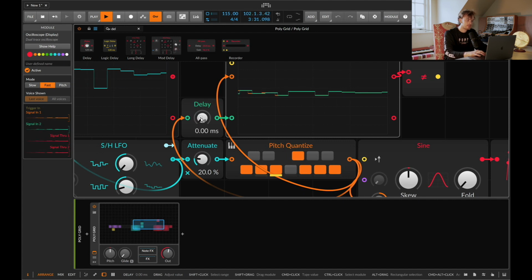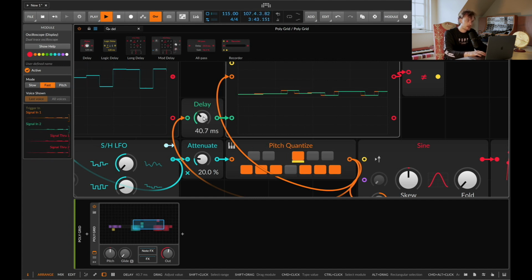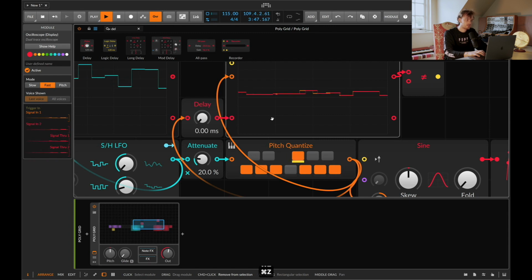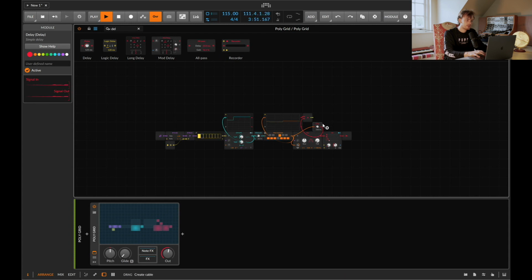So this is equivalent of saying, when the orange and the green are different, i.e. here, trigger. And when they're the same, i.e. while a note is being held, don't trigger. So if we put this back here again, let's have a look. Cool. So now we can put this into here, and as soon as we start to introduce a bit of delay,